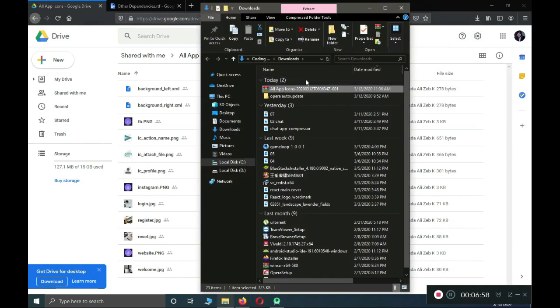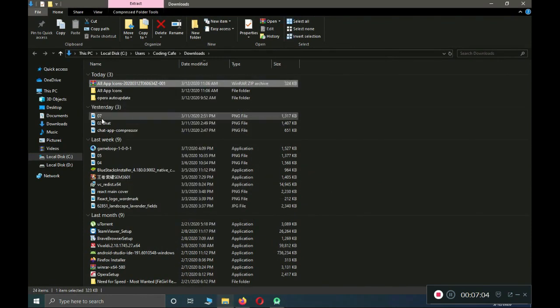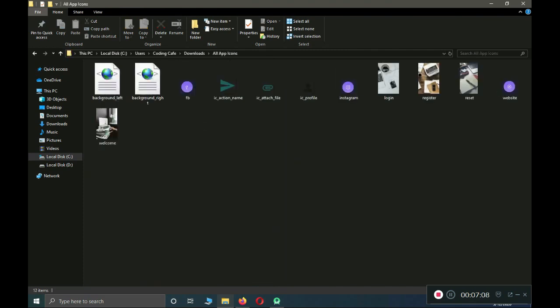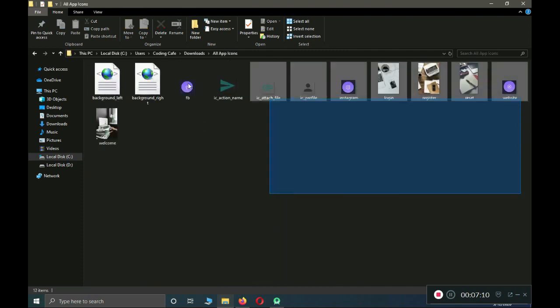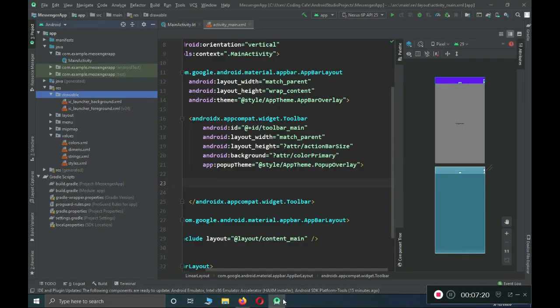This is the file. Let's just come here and extract it. This one folder, which we extracted, is all app icons, which contain all of these icons alongside this XML design that we will be using for the chats. So just select all of these, copy this and close this, and now let's go back to the Android